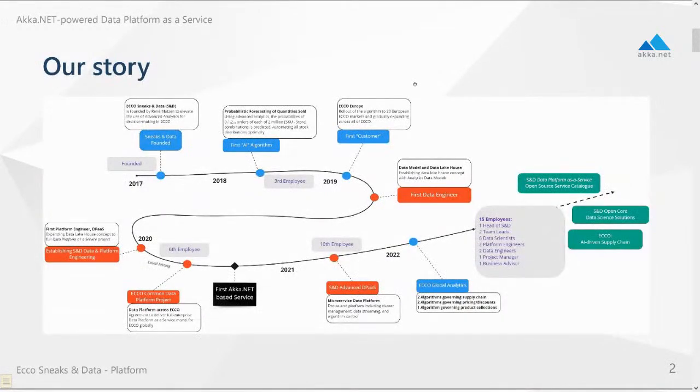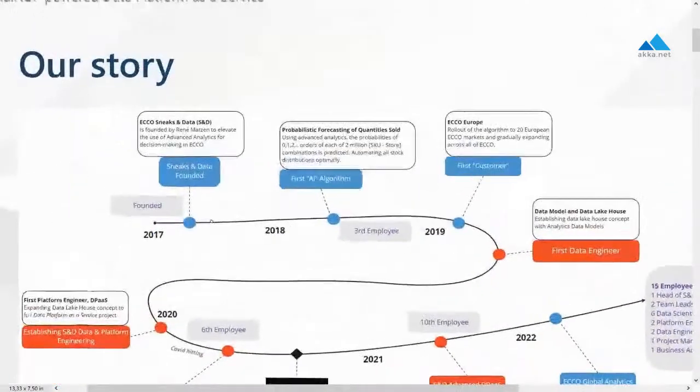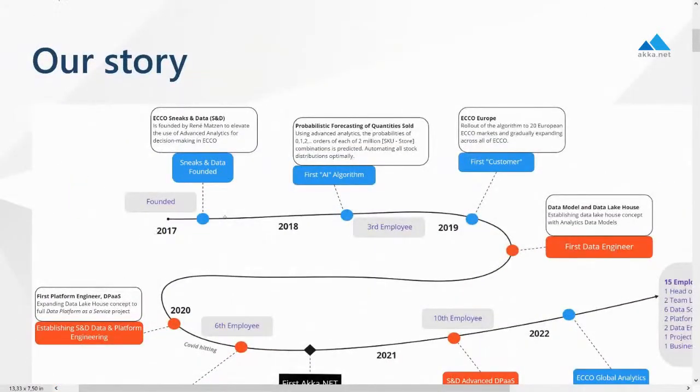So basically, we, Echo Sneaks and Data, or Sneaks and Data in short, as we like to call ourselves, was founded in 2017 by our founder René Madsen as a data science startup, basically with the initial aim of driving the use of data science and advanced analytics in decision making within the family